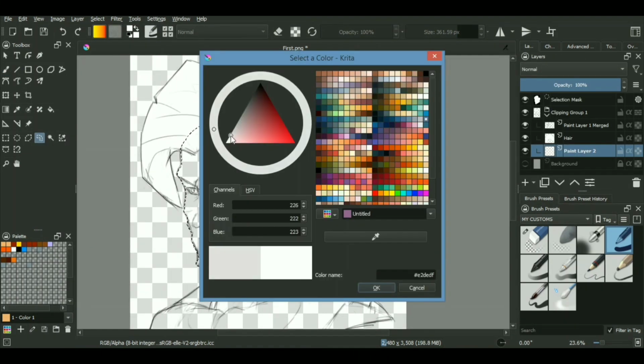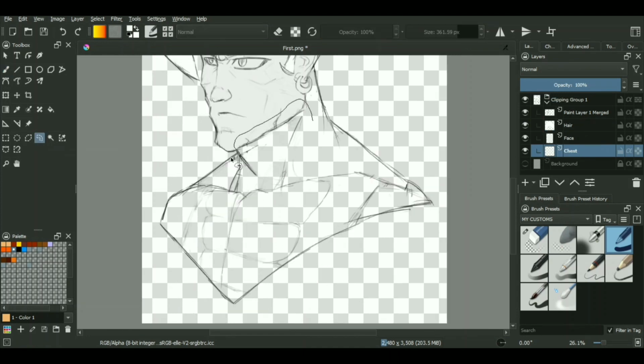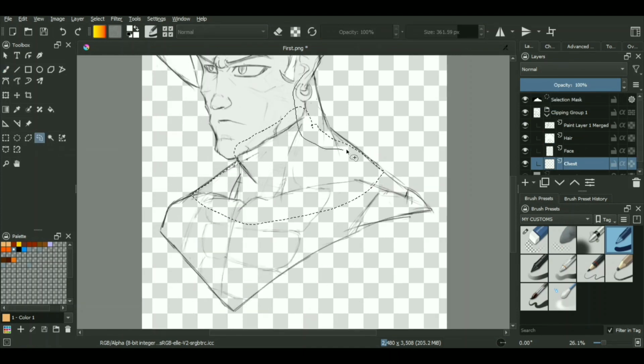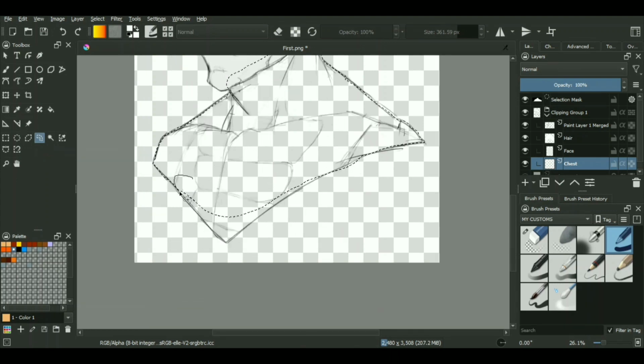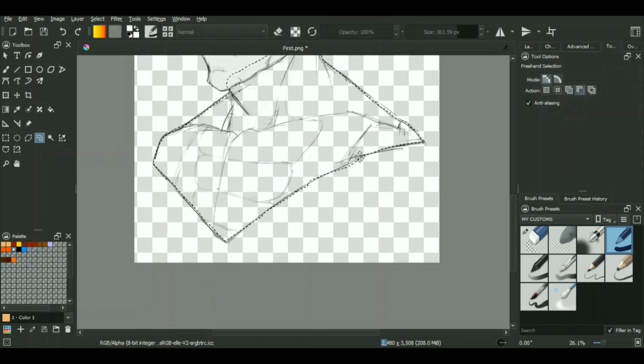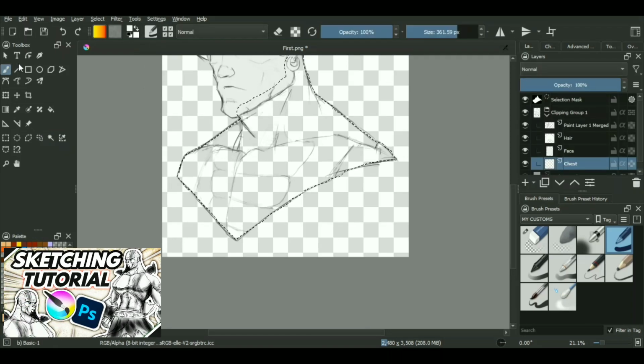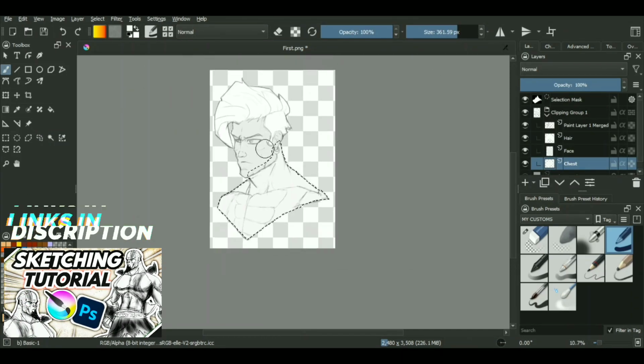Now similarly, we will be repeating this entire process for our face as well as our chest area. The reason behind dividing the entire line art into various sections is that when you're shading the grayscales, adding ambient occlusion, shadows and highlights, it helps us prevent overlapping of colors in different areas. It just makes everything a little bit easier to manage.